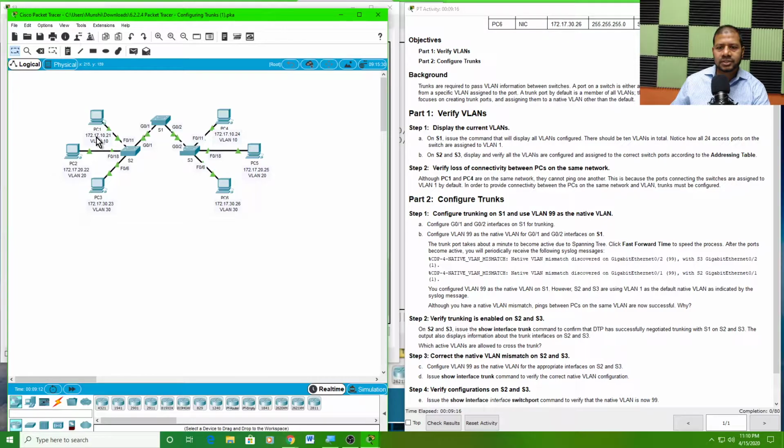Look at the IP address, 172.17.10. Here is also 172.17.10. These first three octets are matching. Okay, now, so let's try to ping. Ping should not be successful because even though all these VLANs are configured, again, one more time, I'll just repeat